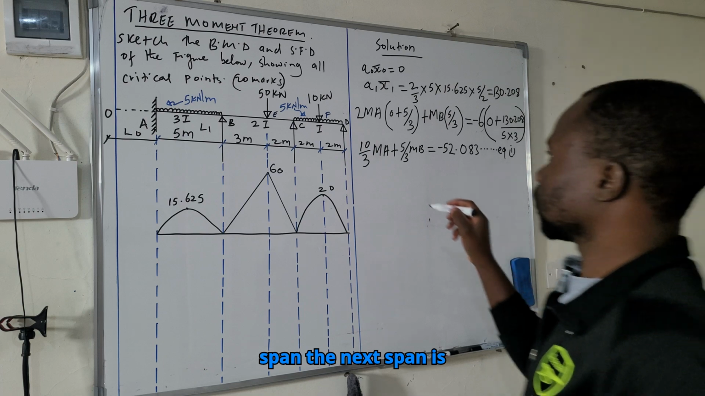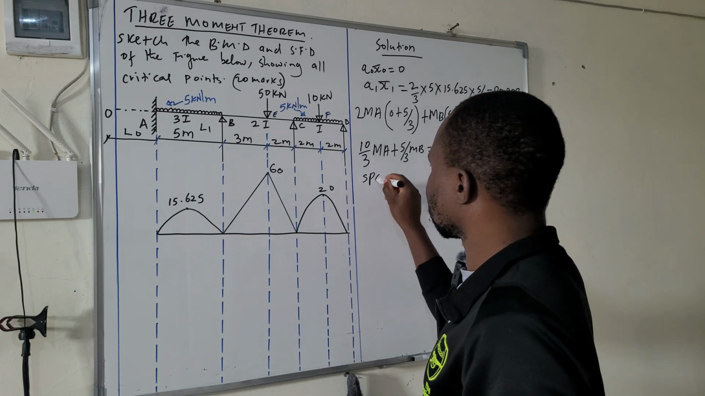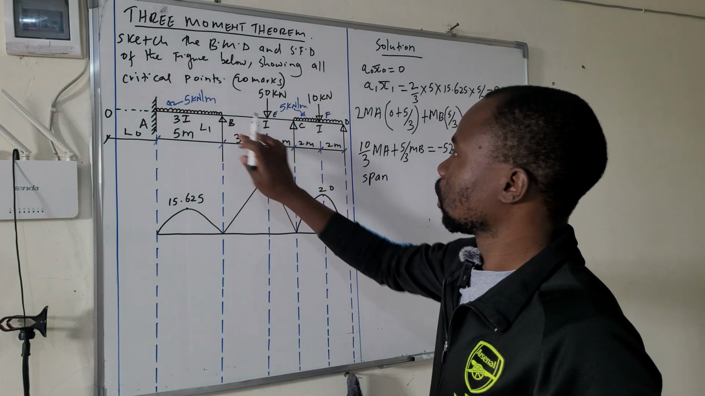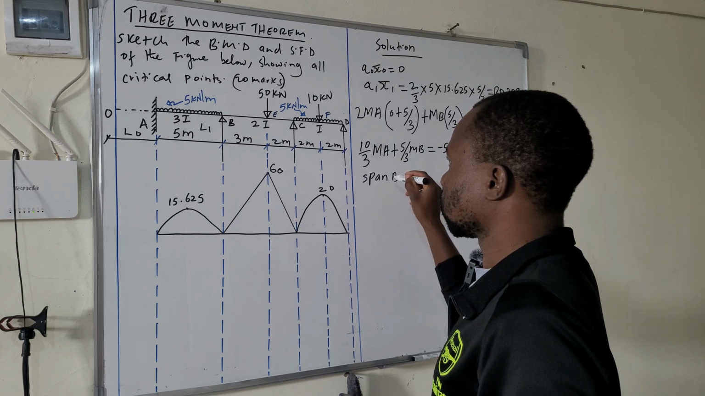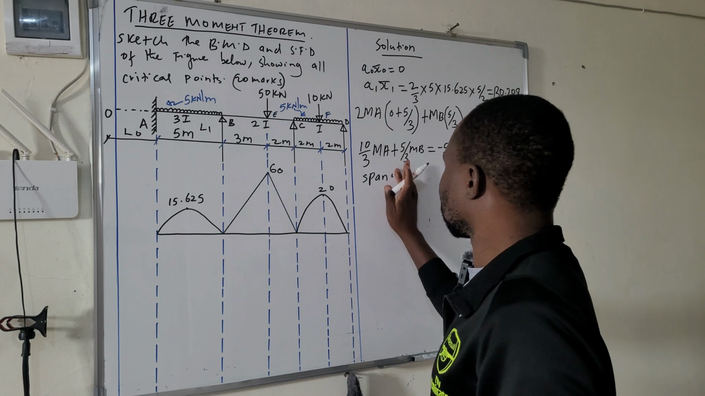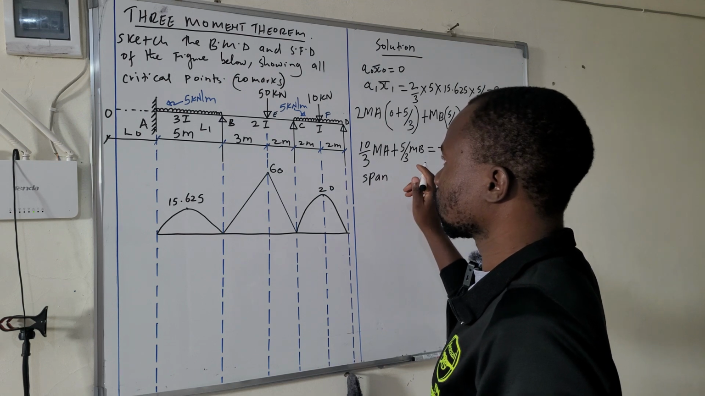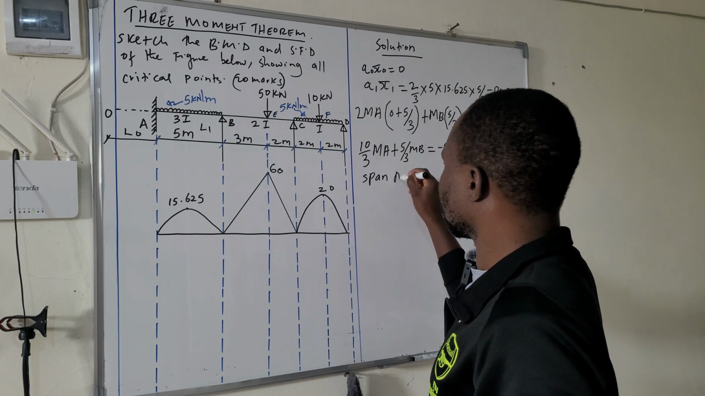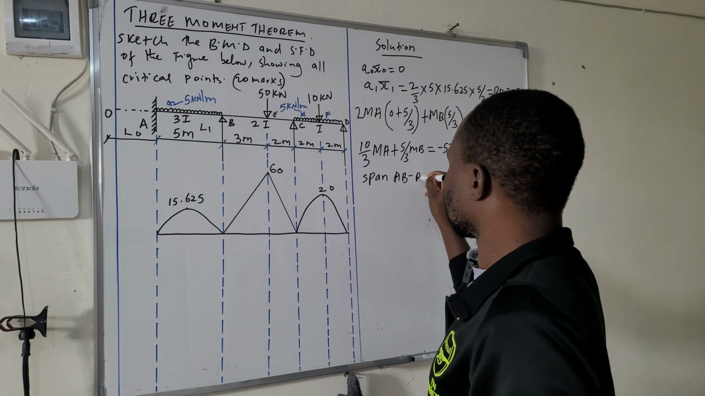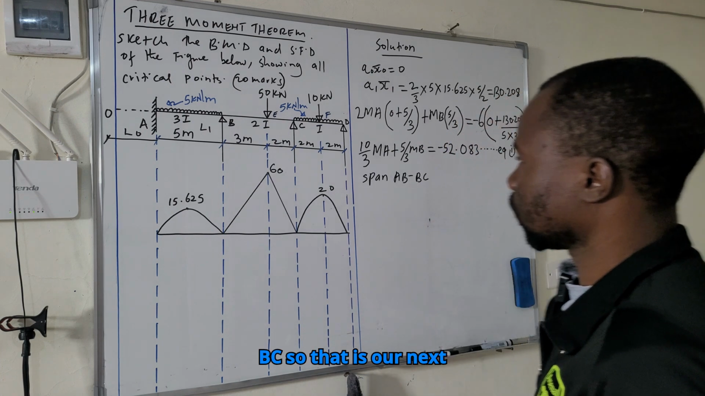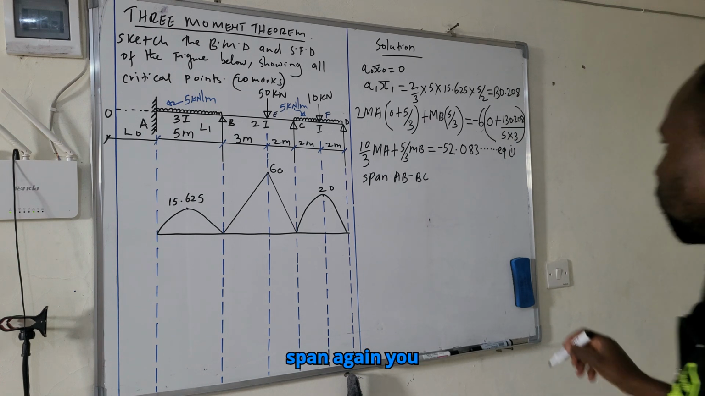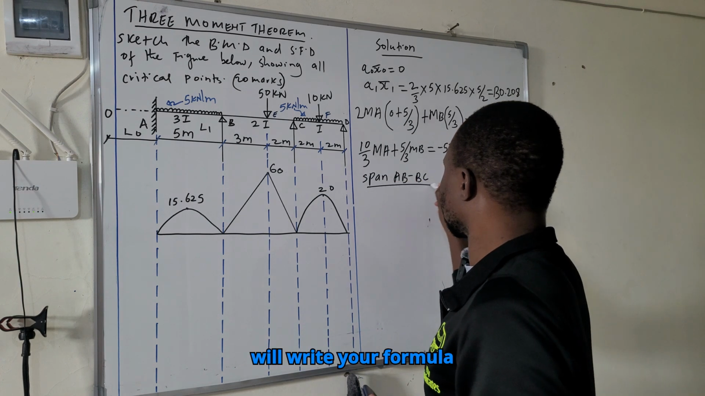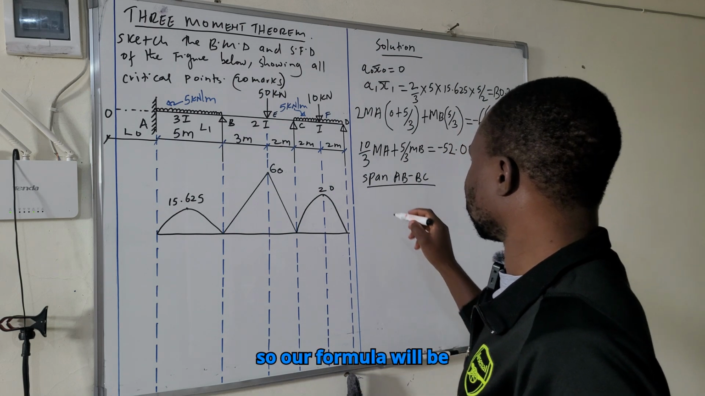The next span is span BC, no, span AB BC. So that is our next span. Again, you will write your formula. So our formula will be